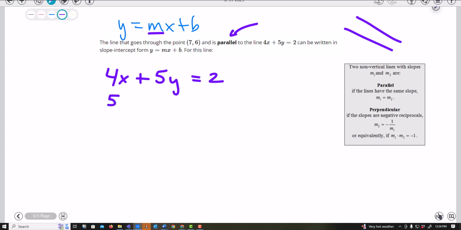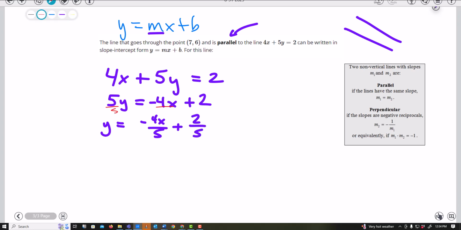So I could move the 4x to the other side, which makes it negative. And now solving for y, I would have negative 4x over 5 plus 2 over 5. All I did was divide every term by 5. So I know my slope now is negative 4 over 5, and my y-intercept I don't know yet with this point,